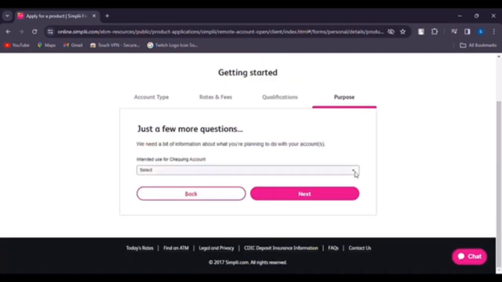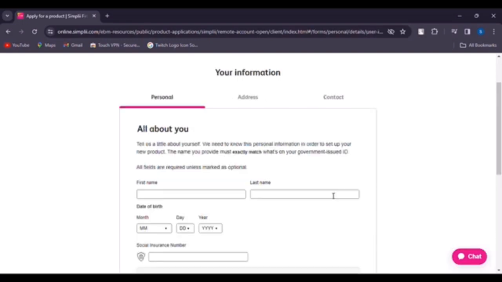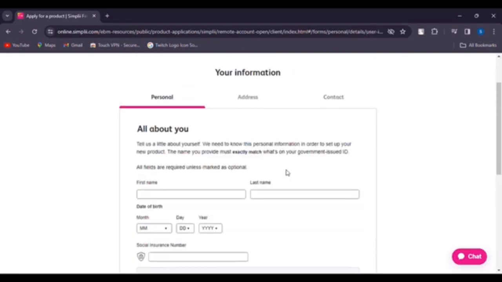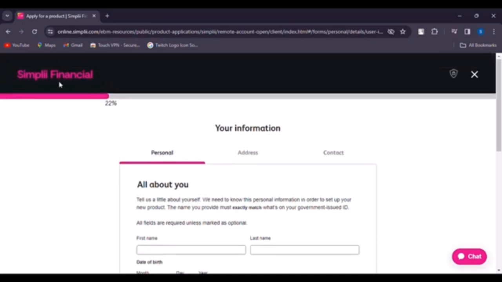Once you have done so, here in the section, simply select the option of home or vacation, whichever it is, then tap next. Afterwards, you have to simply complete the process to create your account for the credit card. And if you already are a user, you simply have to go back to the Simplii Financial's